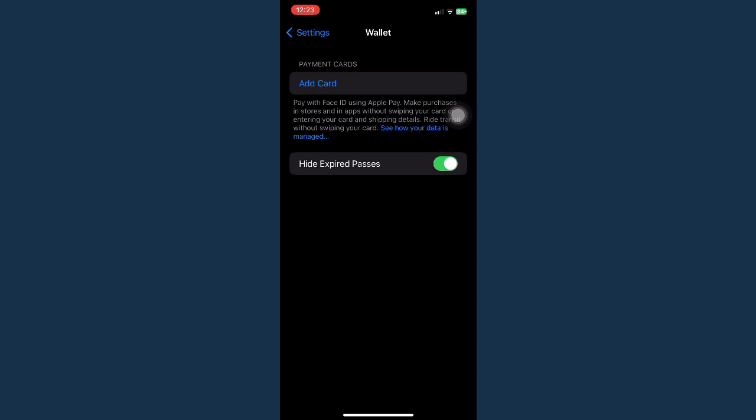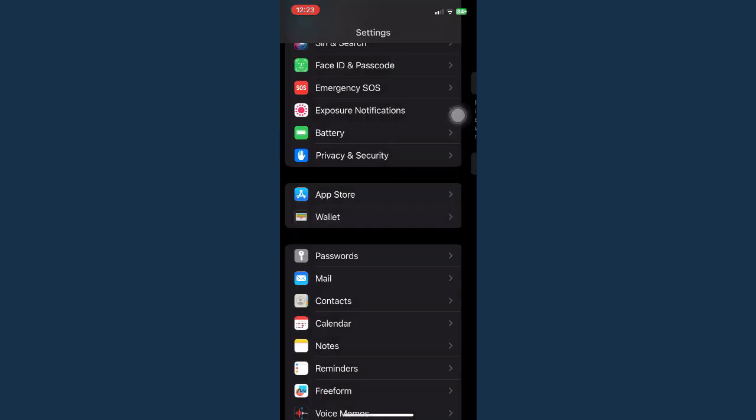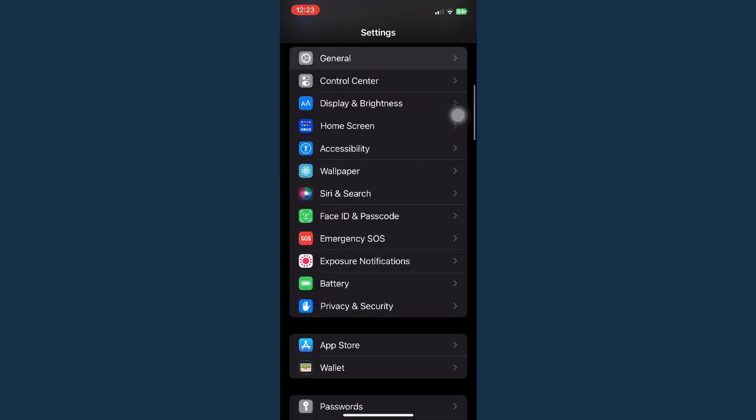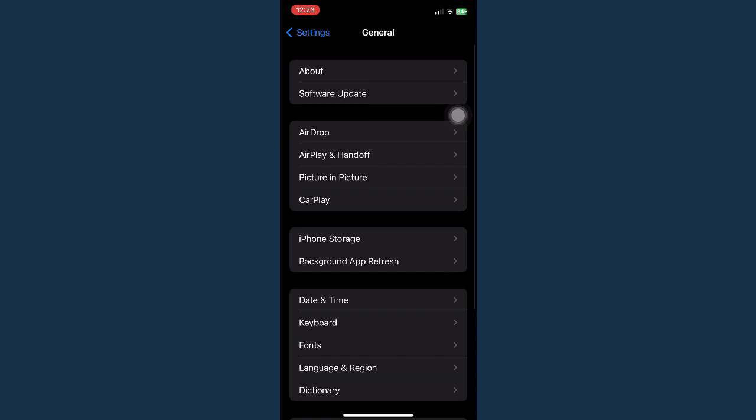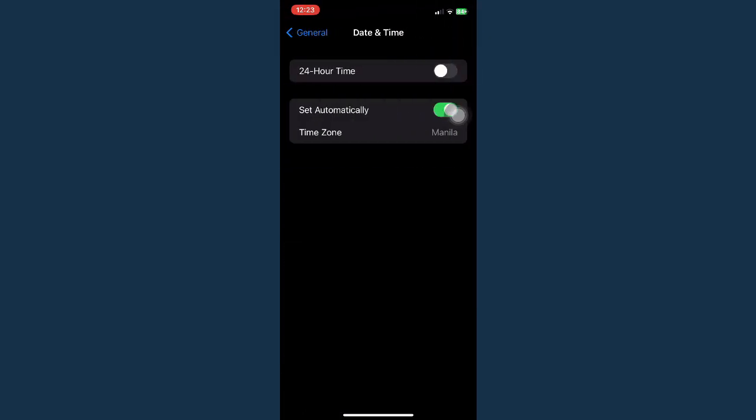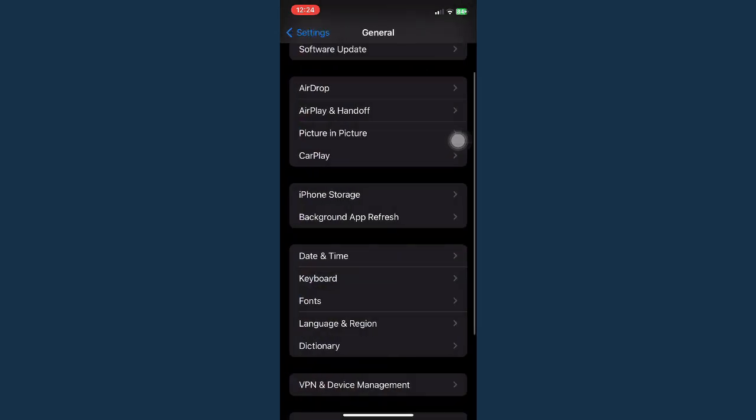And then if you make sure that the information is correct and it's still an error, then you need to go to your general right here and go to date and time. Make sure to set your time to automatic since there will be a problem if you don't have set your time automatically. So again, go back to the add card option and then again, if it still doesn't work,